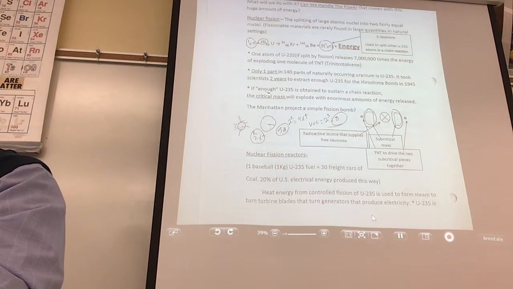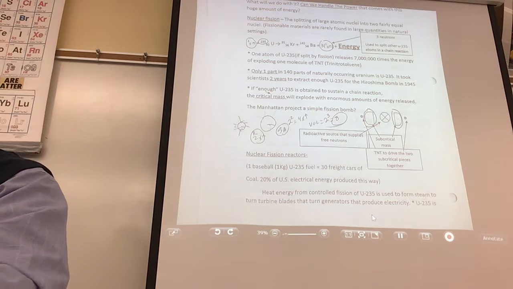Even in Japan, a lot of people were killed with the bombs. But even 20, 30 years later, some of the children that were exposed eventually had children, and their sex cells, a lot of them, were mutated. A lot of their DNA was messed up, and there were a lot of birth defects. That's the effect of a bomb 20 years after the bomb fell. So it's some nasty stuff.